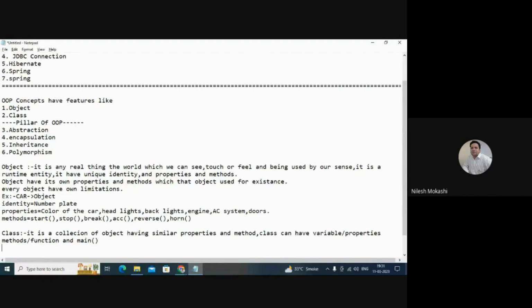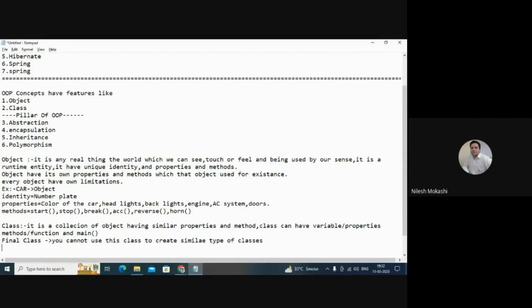Now in Java, these classes have various types. For example, final class. If you make your class final, that means you cannot use this class to create similar types of classes. Okay, understanding it. Final class means what?